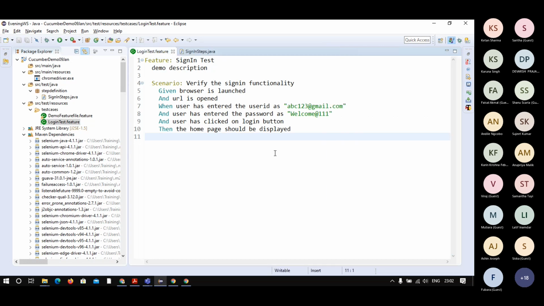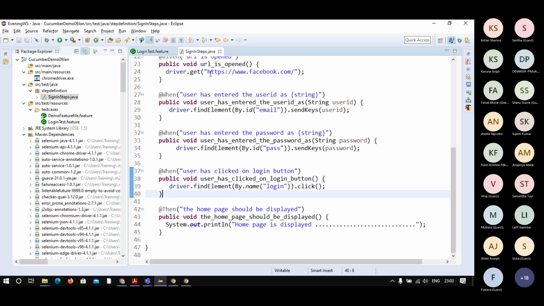So how to integrate it with TestNG? Since this is the manual test case and this is the automation one, there is a thing called the runner class. The runner class is a combination where you can integrate your manual and automation test cases, and then you can control the execution. Every time you will not go and execute one feature file one by one. Consider that you have thousands of test cases, thousands of feature files, and you want to run them in a single go, in unattended mode. That can be controlled via the runner class.